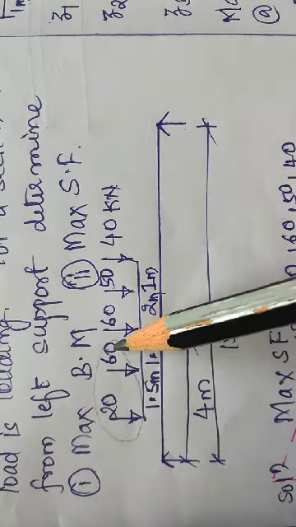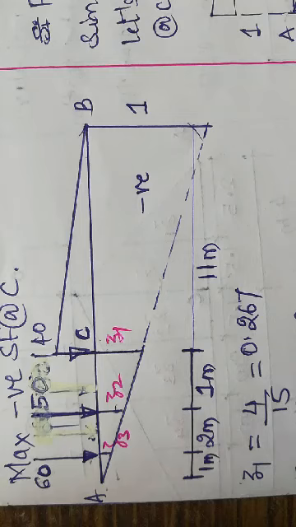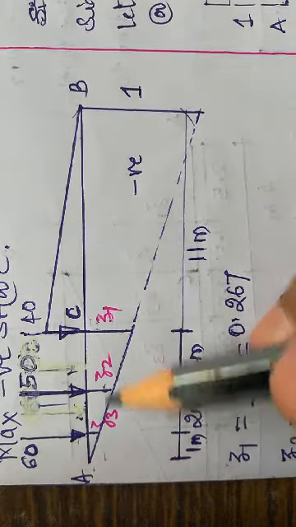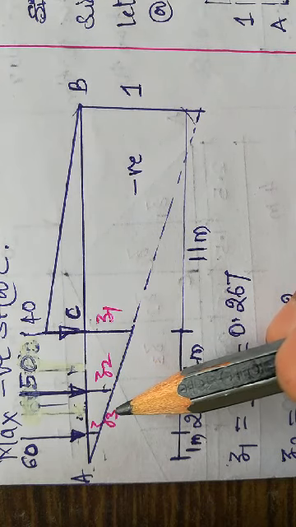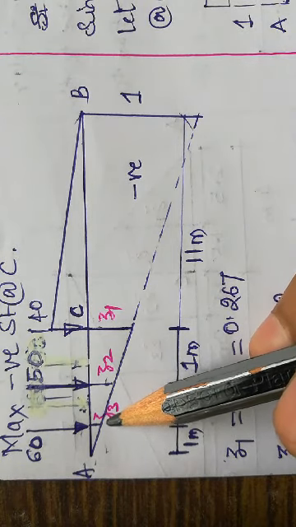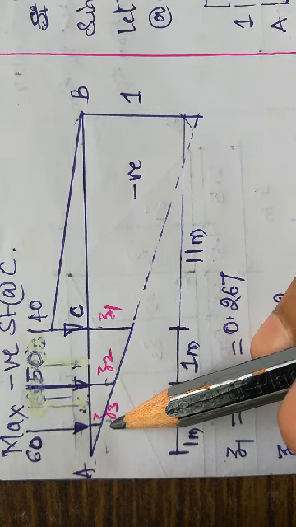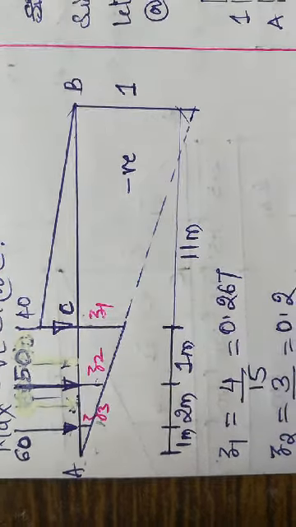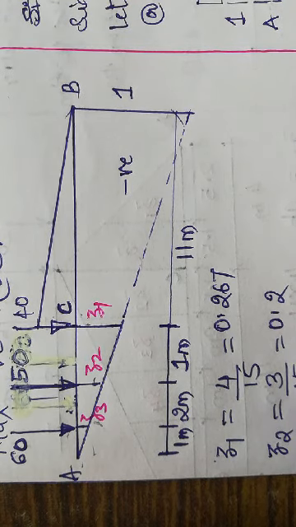Whereas this 60, another 60 and 20 kilonewton will be out of the beam, because whatever you have placed over here, only 4 meters distance is there. You have to consider only that part of the load which is fitting in the 4 meters. Whatever is out of the section, need not worry about it. We are not going to consider it for the calculation part. Okay, now let us solve for the considered problem.